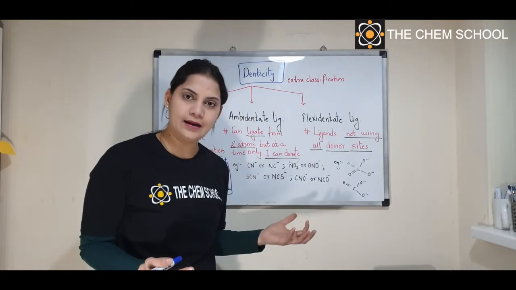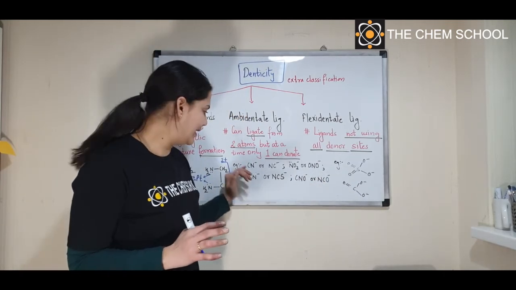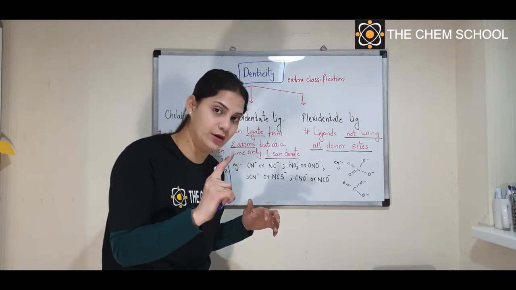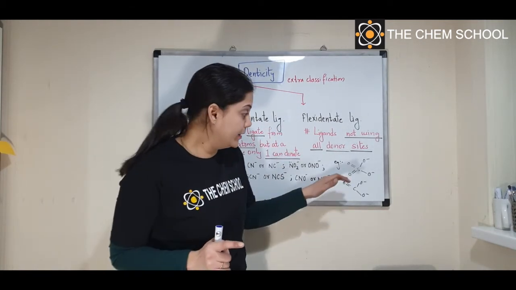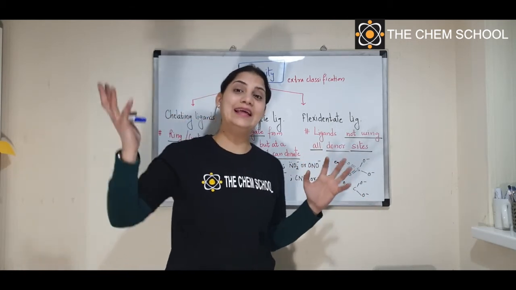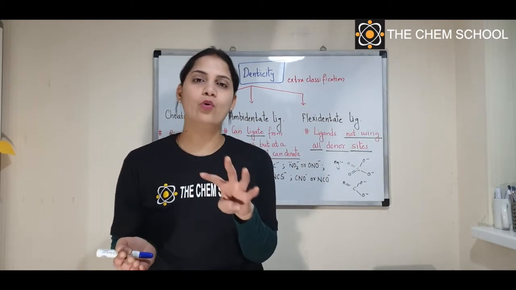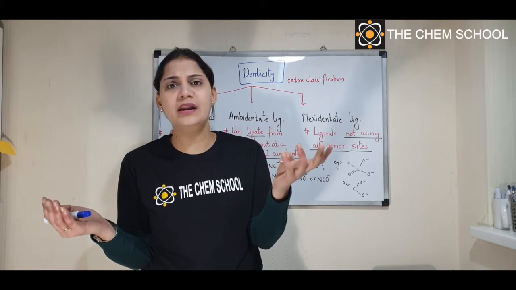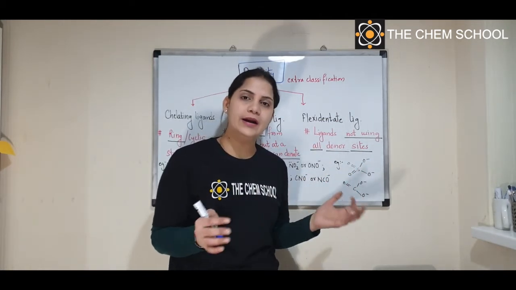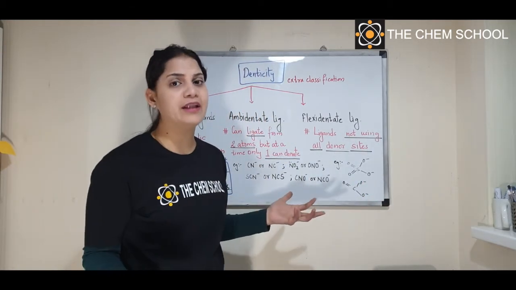So see what is the difference over here. Here there is no choice, one of them will be attached, they will form only one donor, it will be only monodentate. But over here, they can be bidentate or they can be monodentate. EDTA, if you say hexadentate, it can donate all 6 pairs of electrons, or it can end up donating only 4. If it donates 4, it is going to be tetradentate. So EDTA is also a flexidentate ligand. All the polydentate ligands can behave as flexidentate ligands, because they are flexible.